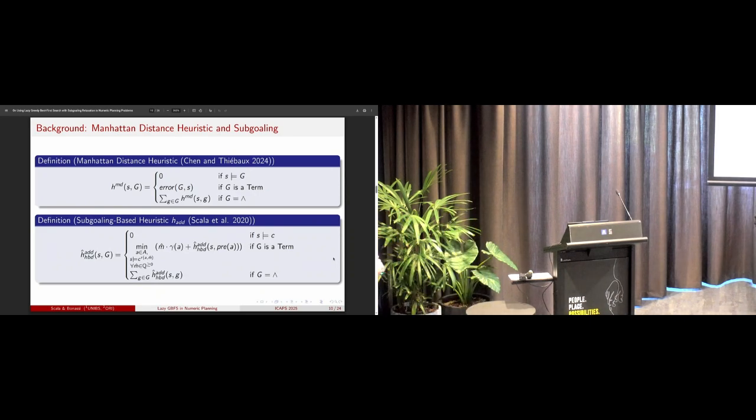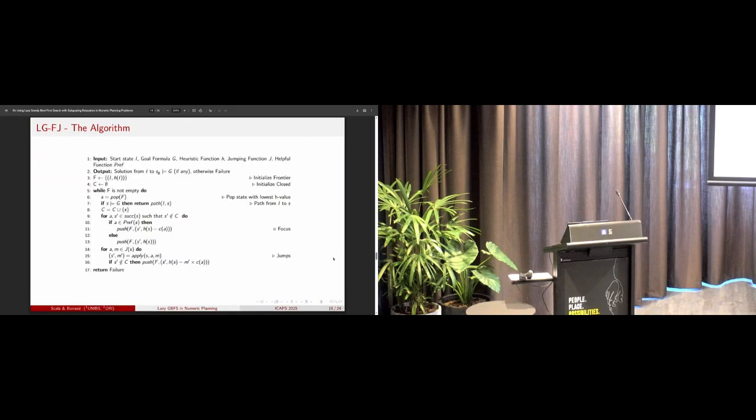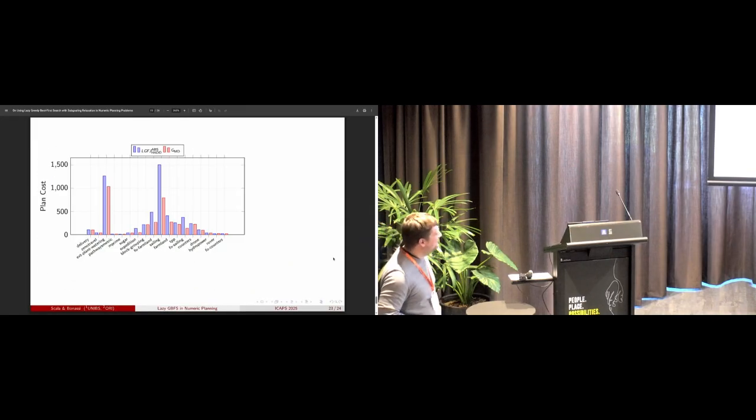So what about quality then, right? So you only showed coverage tables. Did you measure? I think we have, okay, so this is the quality over all the domains. So we observe that sometimes it's comparable. In other cases, the plans generated by our schema are longer. That's probably because we are using up to jumping actions in the lazy schema. So we are not really trying to minimize the size of the plans or the cost of the plans. So yeah, usually it's longer.